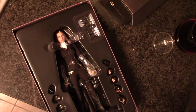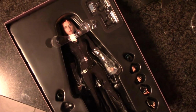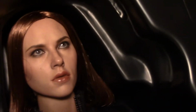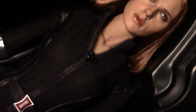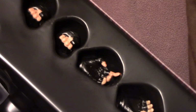Help there. Wow, yeah, look at that. And you can see how beautiful the detail is in the face, the belt buckle, the eyes. I mean, it is really spectacular. And she comes with a whole bunch of different accessories. You get the different hands for the different poses. Couple of guns, cell phone. Now we're not going to take it out right now, because the thing is, until Jose finds